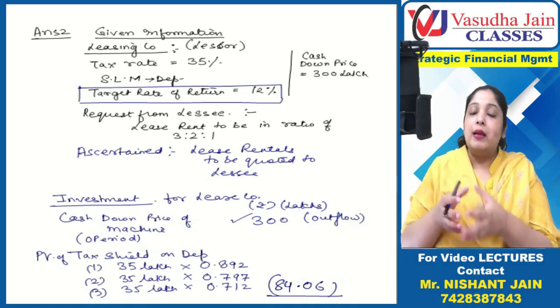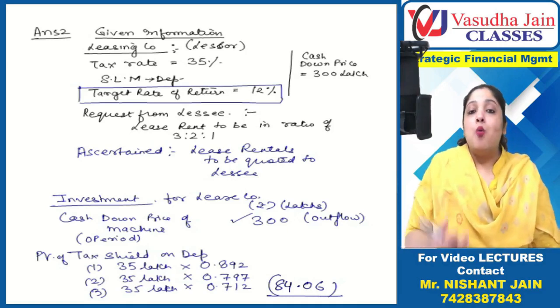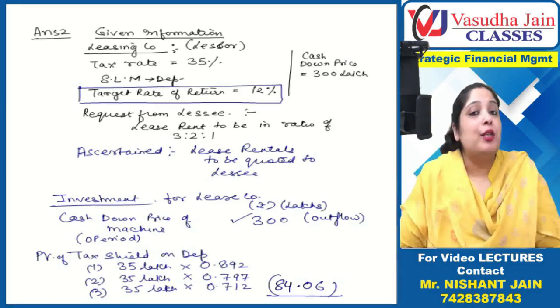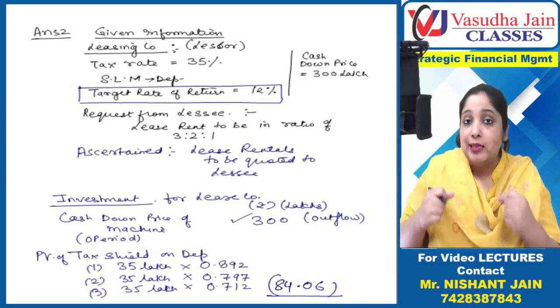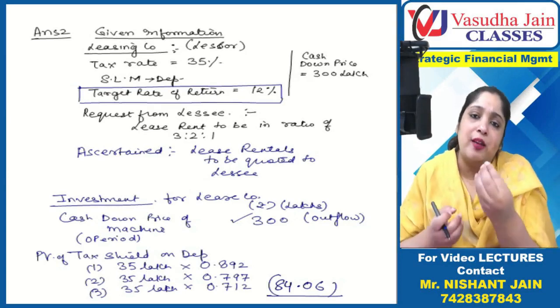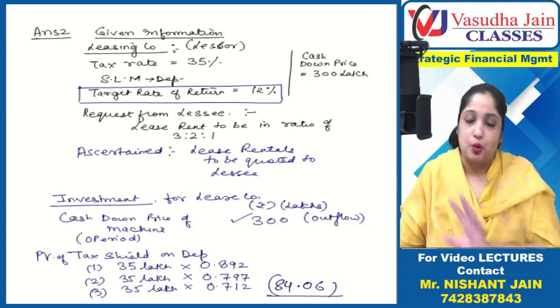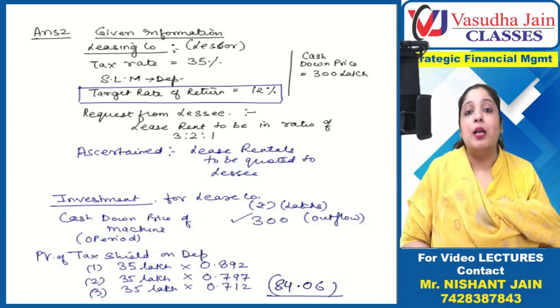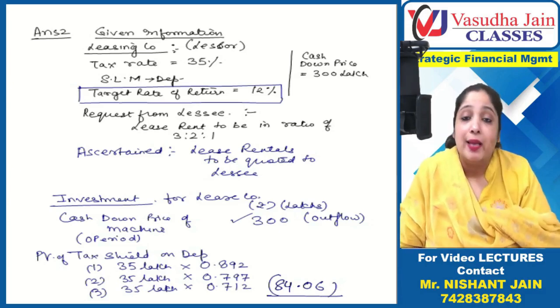The concept is that there is a leasing company which wants a return on its investment of 12%. Accordingly, it has to quote a lease rental so that the leasing company earns 12%. And the lessee company has requested a quotation in a 3:2:1 ratio. Now, before computing the return of 12%, I should see how much investment is made by the fair finance